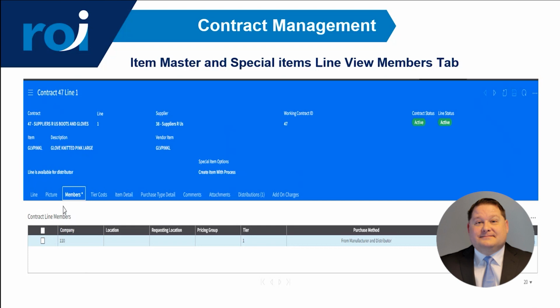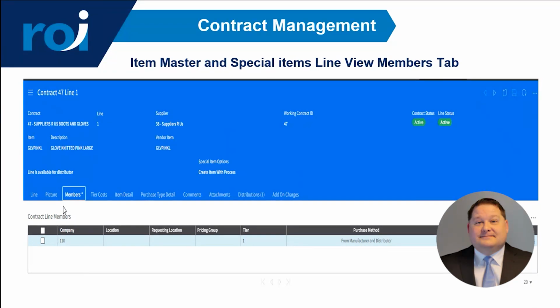So it's a control feature so that you don't have those requesters who go, well, I like to get it from A instead of B, or they prefer whatever. If it's supposed to be gone through distribution and they keep ordering it direct, looking at that, controlling that, taking advantage of that. So what this allows you to do, and we have